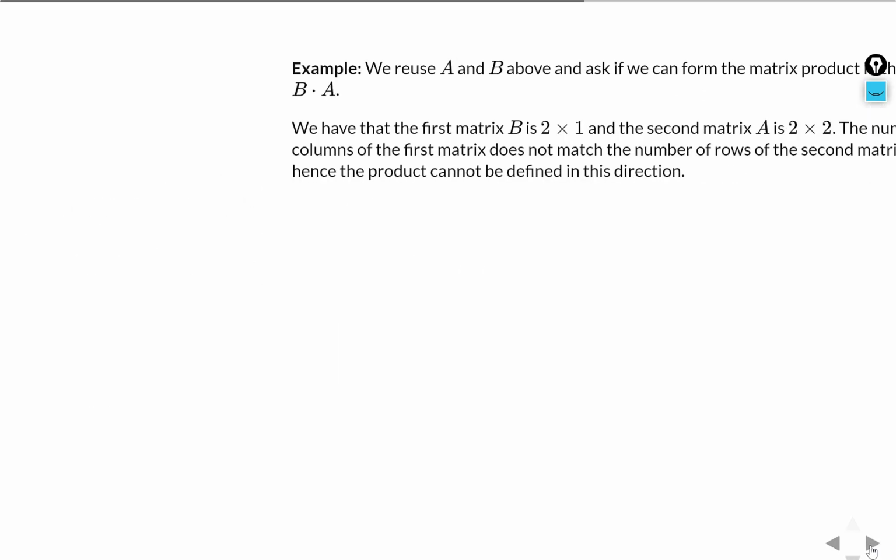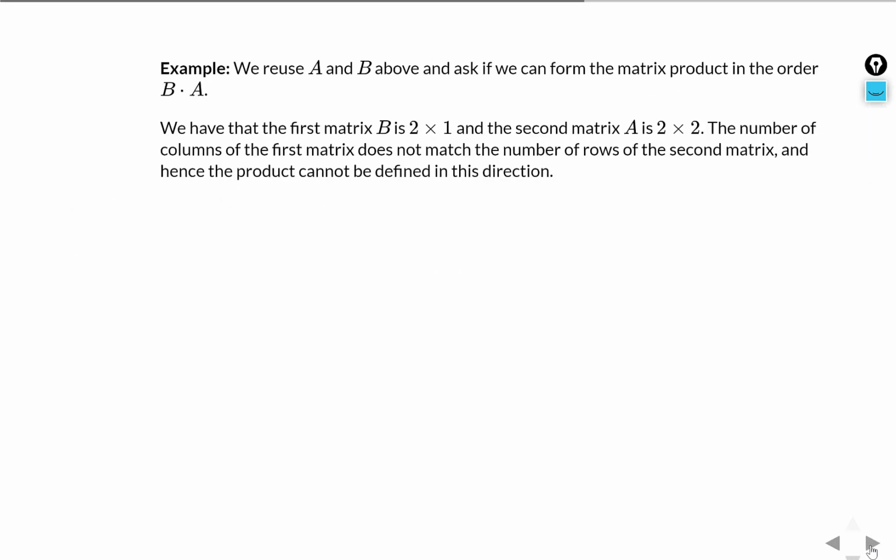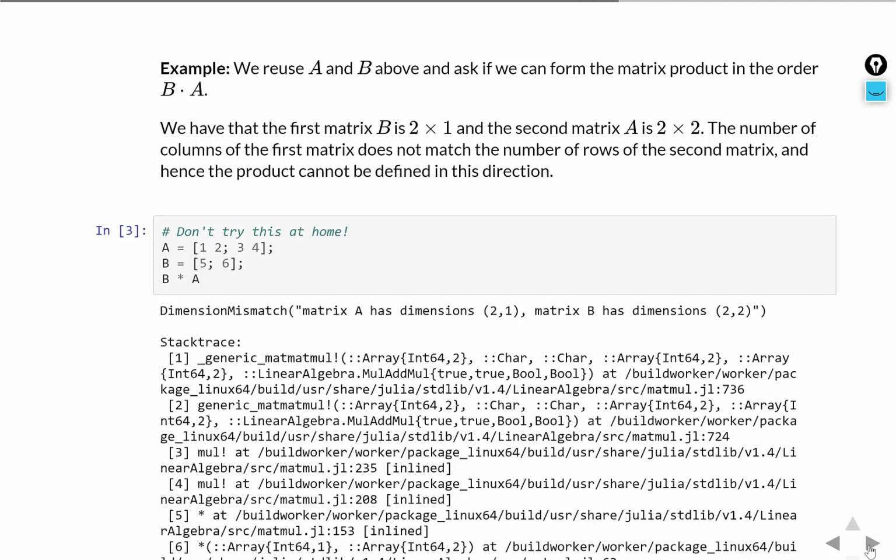Another example. If we reuse A and B, can we multiply B by A? And the answer is no, because B is a 2 by 1 vector and A is a 2 by 2 matrix. The number of columns of B does not match the number of rows of A. You can try this in Julia and you will face an error. And the error says